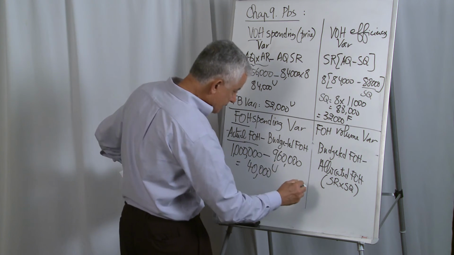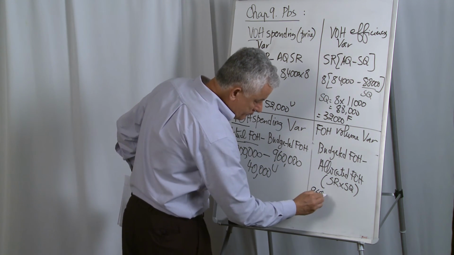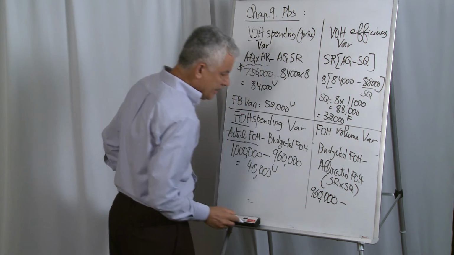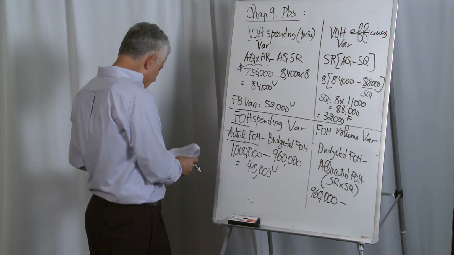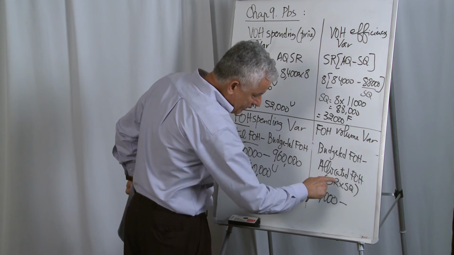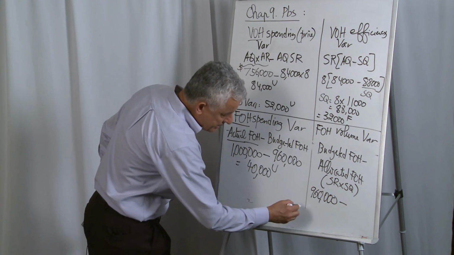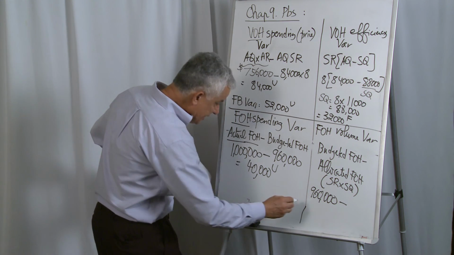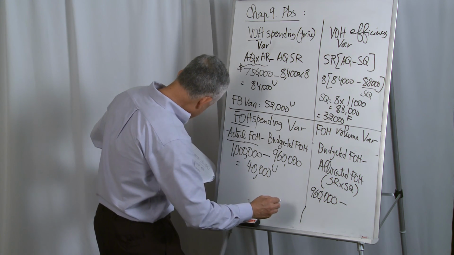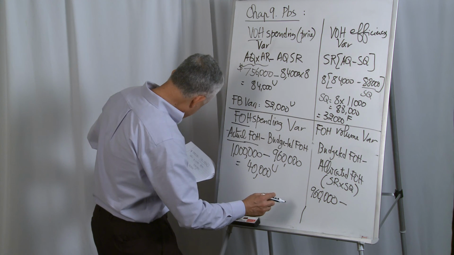Yep, 960 minus, what is the standard, the allocated fixed overhead? Standard rate times the standard quantity. Let's calculate it. What is the standard rate? Standard rate is, I'm sorry, I'm gonna have to